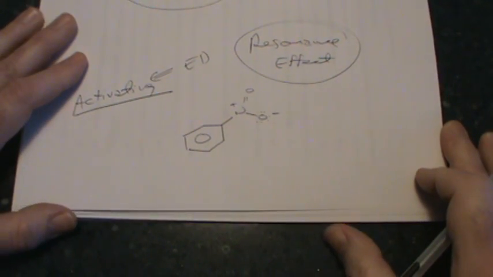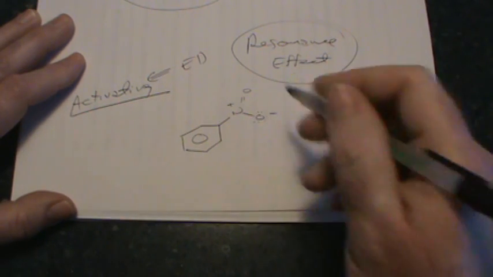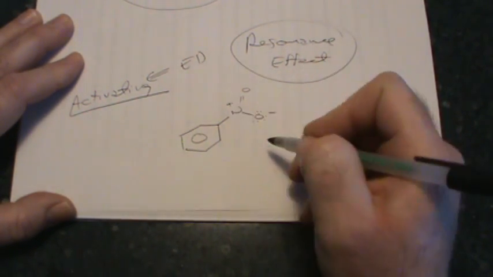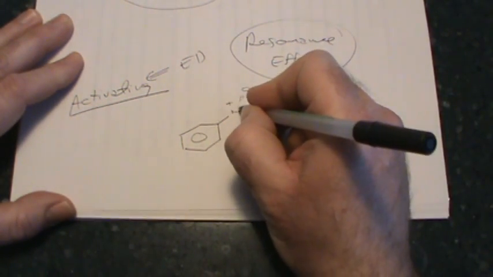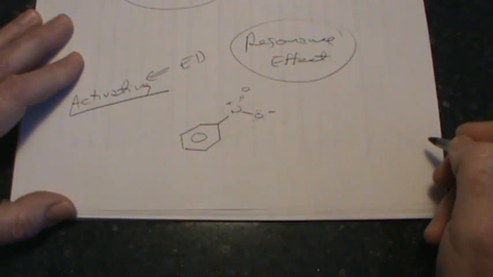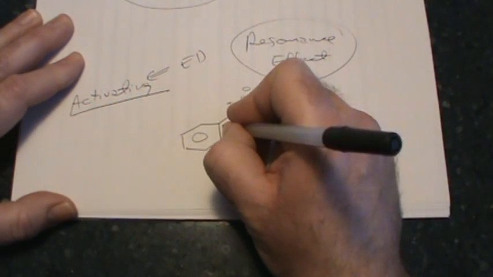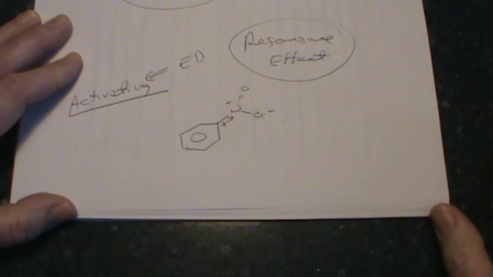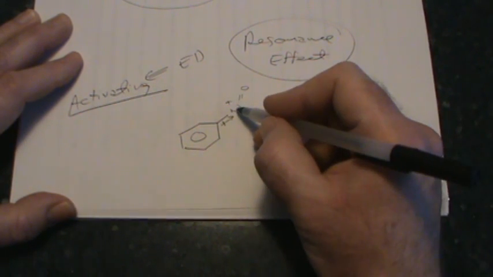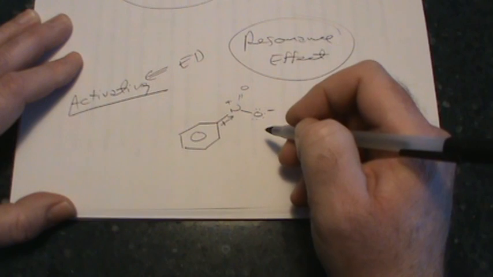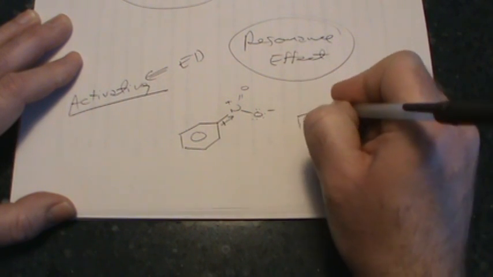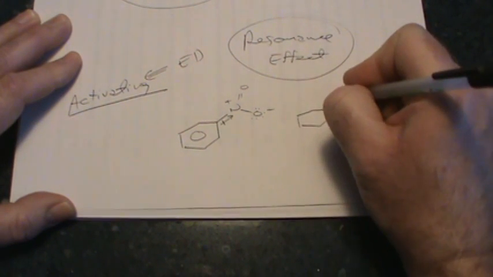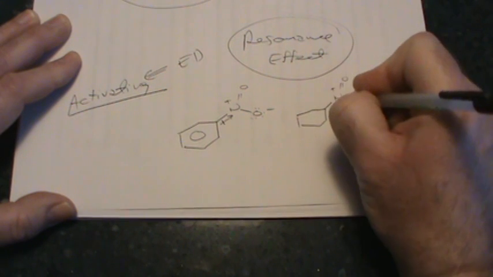you see a couple of things. Number one, the nitro group has this positively charged nitrogen on it. That makes the nitrogen even much more electronegative than it would normally be. And what we're going to see is that there is a powerful inductive effect here. The nitro group is going to pull electron density out of the ring inductively simply because there's a positively charged nitrogen. But at the same time, as we've already shown in class,